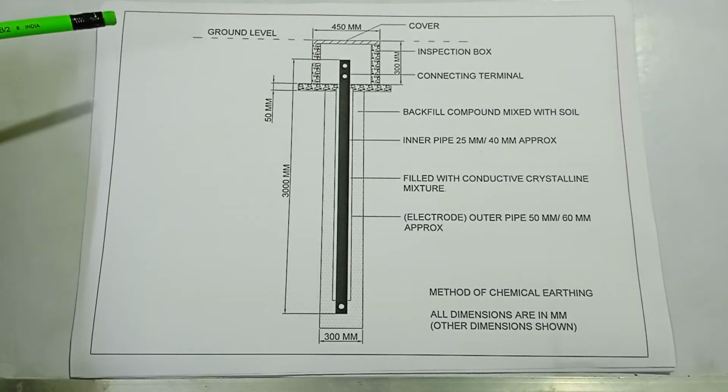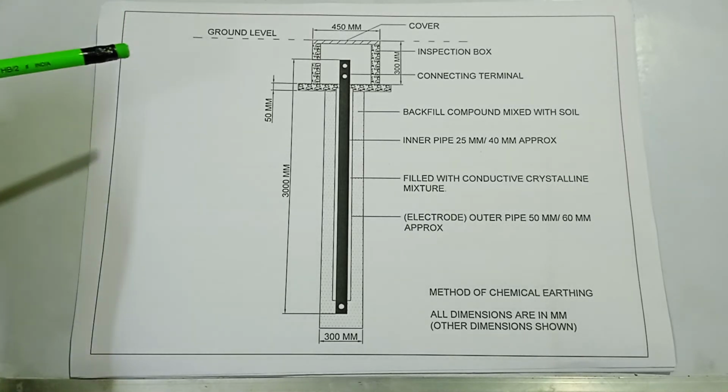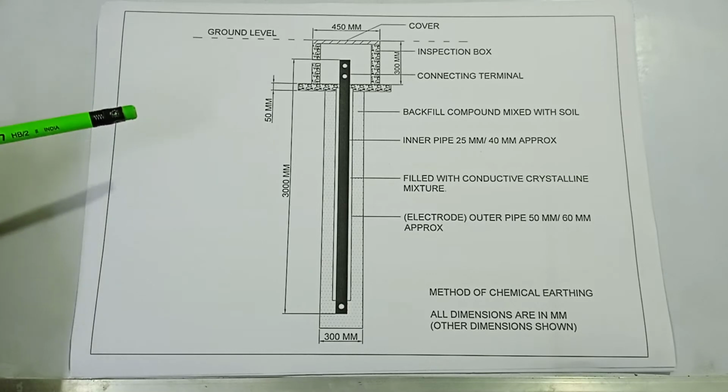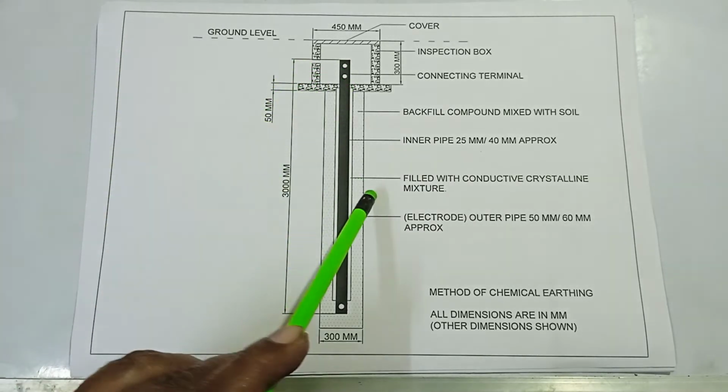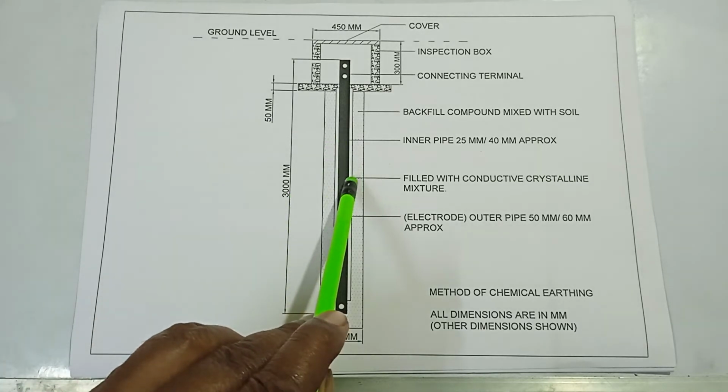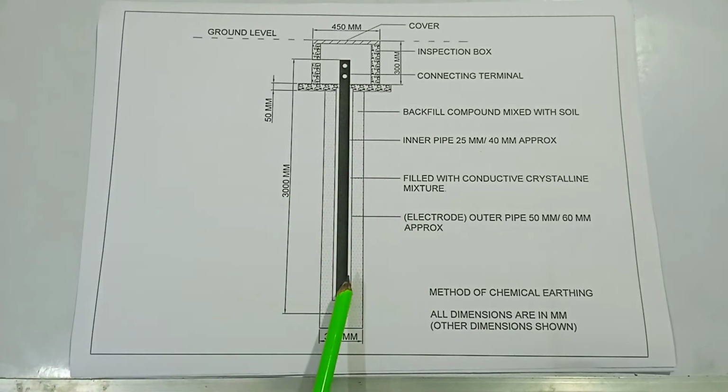Here is a picture of method of chemical earthing. Here is pipe in pipe technology. It is the outer pipe, and this is the inner pipe. And the middle portion is filled with